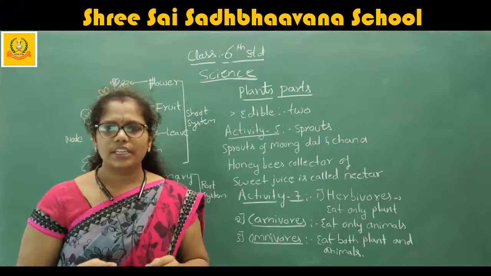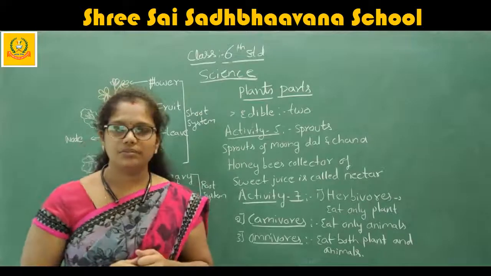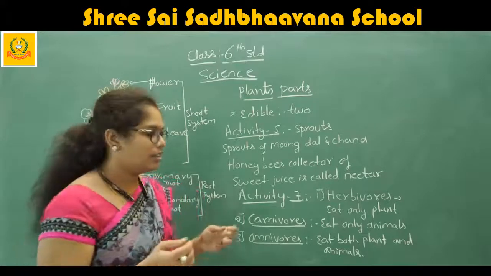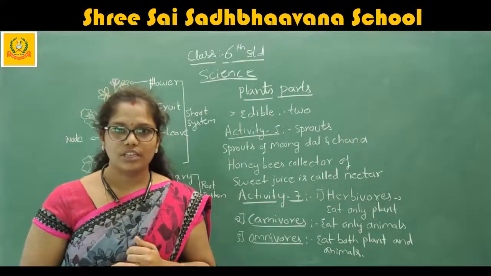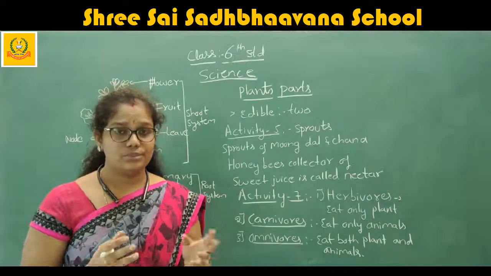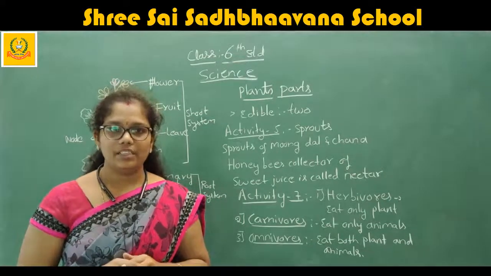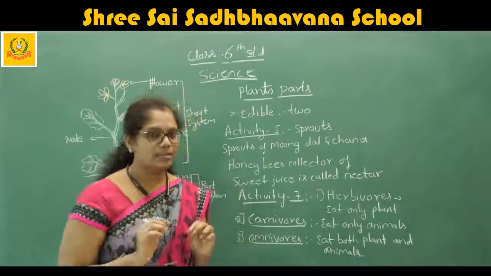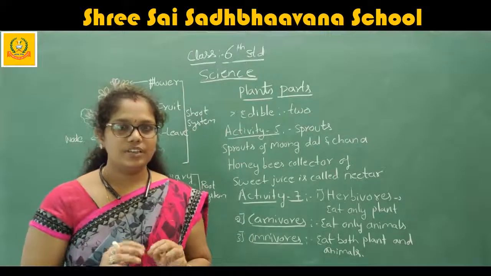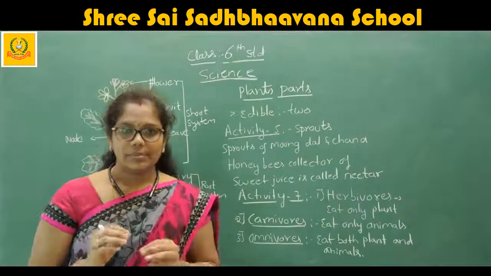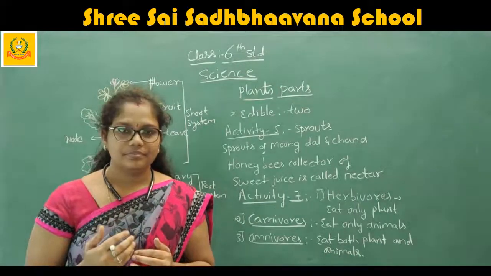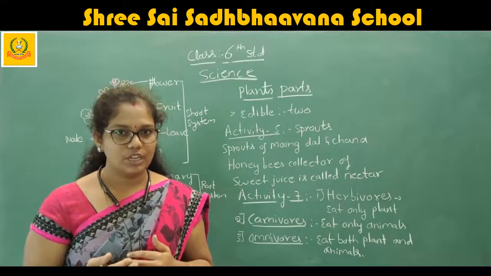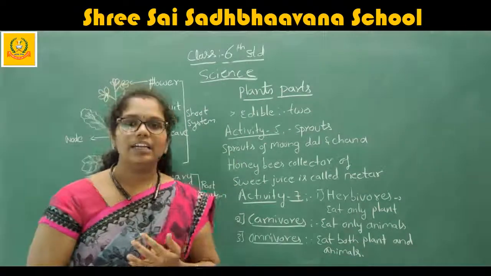Not only banana, you can take any other plants also. I am just telling one example as the banana. If you take the example of jackfruit, jackfruit is also edible. It is also eatable. First of all, if you understand the concept of edible, then only you can give an example of the edible. What does edible mean? Eatable. You can eat. Edible is nothing but eatable. Maybe you understood now what edible is.